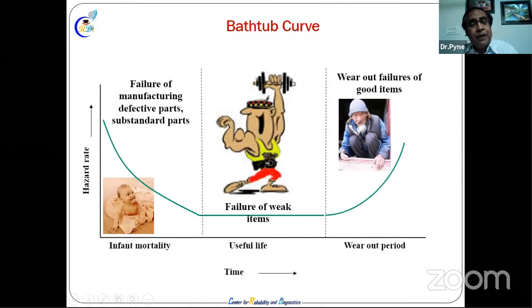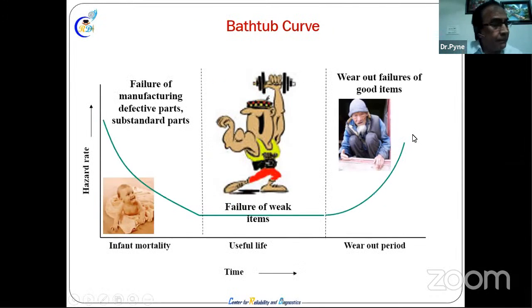When we talk about reliability class, that time we'll talk about it. So this is the bathtub curve, we all know. Initially any machine fails with infant mortality, and the first failure is high, then over time it decreases, then it has random failure, constant failure for quite a long time, and after that we have wear-out failure, the aging process. This is equally true for humans and for assets.